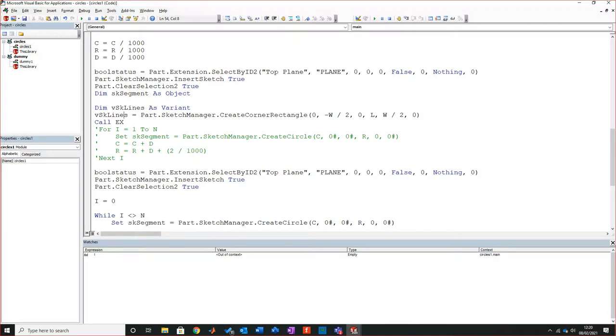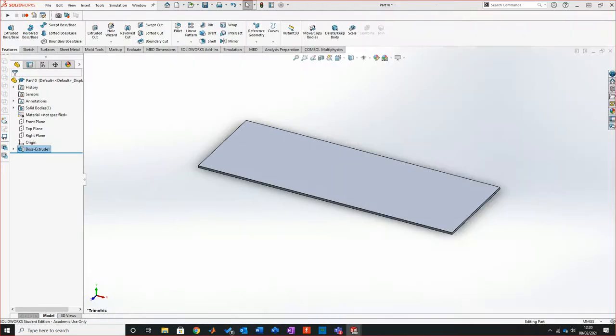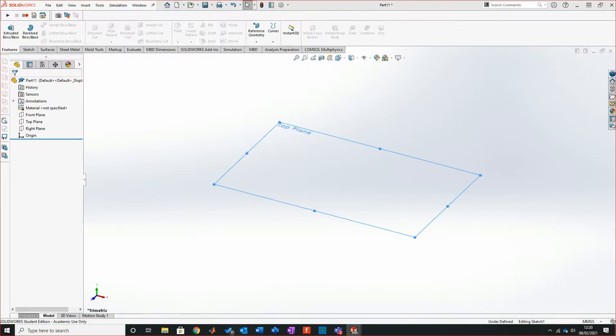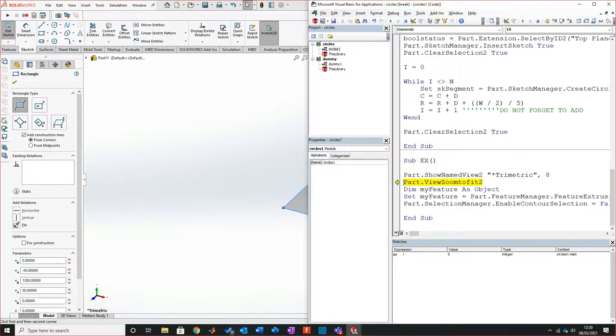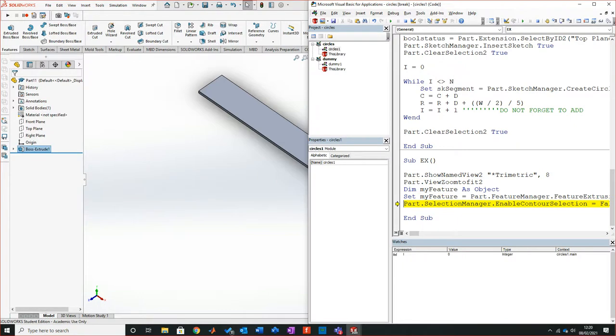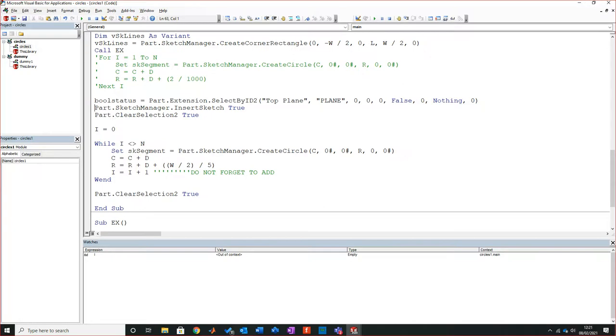So let's step through this. So I'm going to run it in. Run to this normal. See how it's gone to call X. Trimetric view, select selection sketch, extrude, jumps back out. Top plane. Oh, I tell you, it's delicious, it really is. So let's come back. Now if that works so simply, which let's face it boys and girls, certainly did,